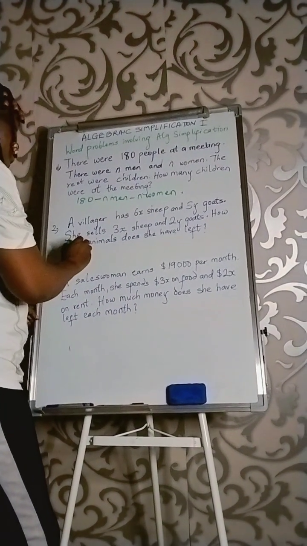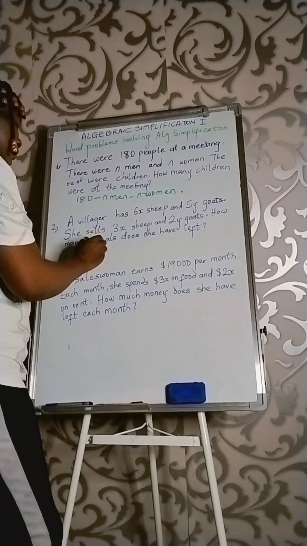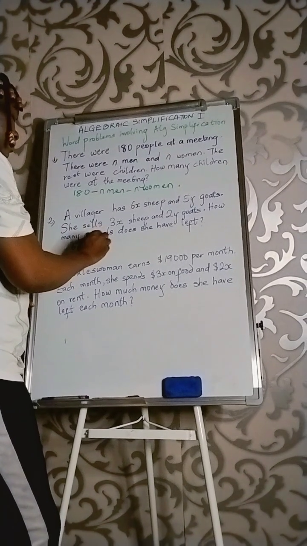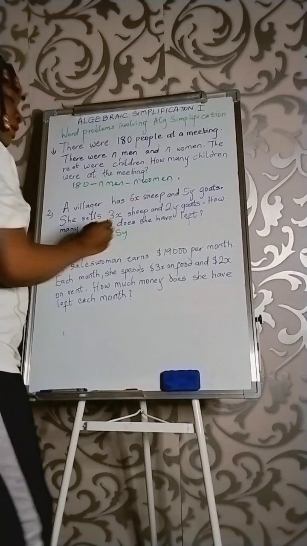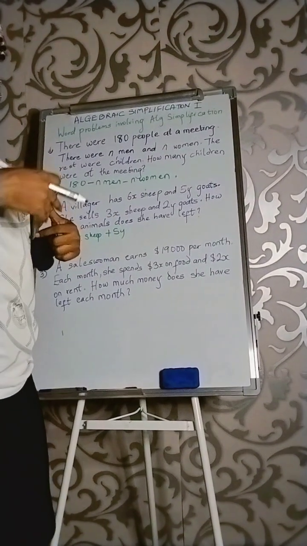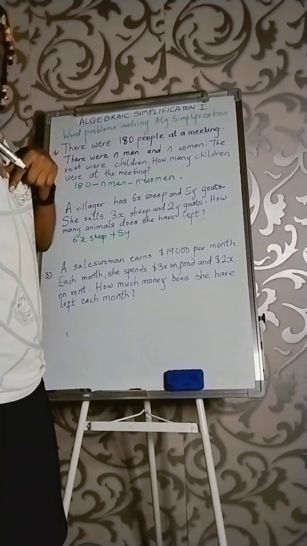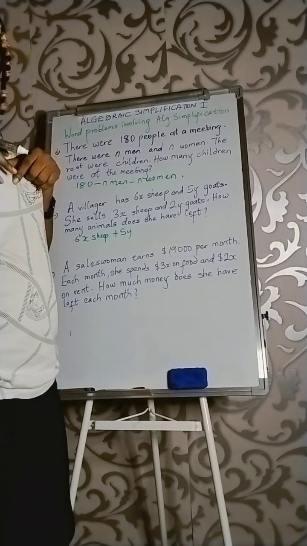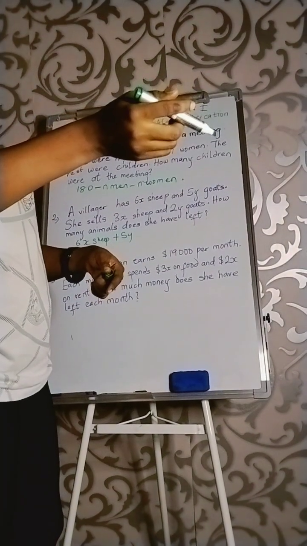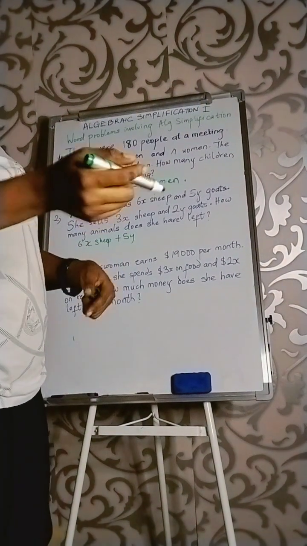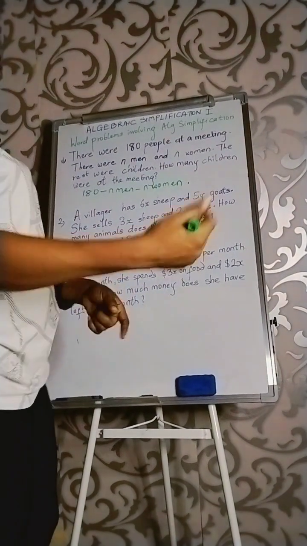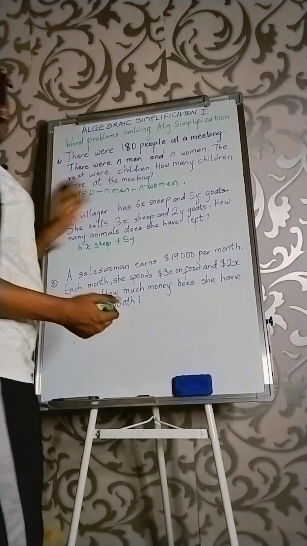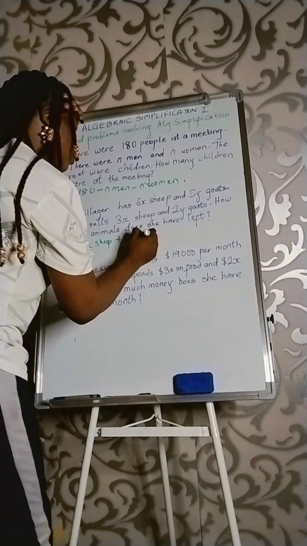I have 6x sheep. I'm the villager. 6x sheep and plus what I have. I've said it when we were talking about sign rules: what I have is positive. What I give out is negative. Or what I owe someone, the debt, is negative. So 6x sheep and 5y goats,